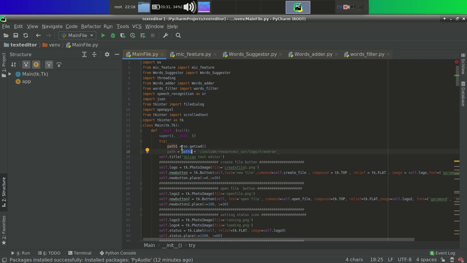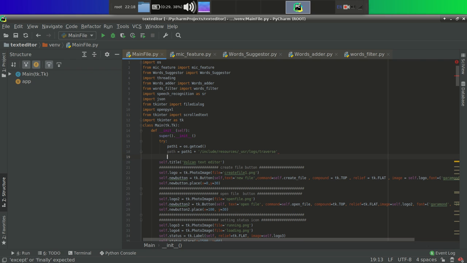First of all, we will get the current working directory, and if this path does not exist, then this script will automatically make these folders. And if these folders are already there, then we will get an exception, and we will handle that also.